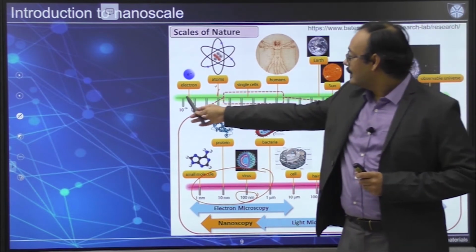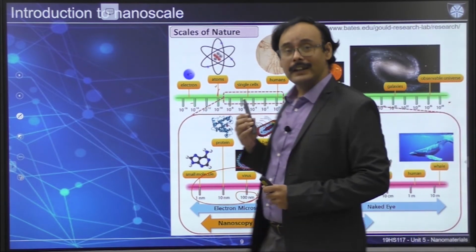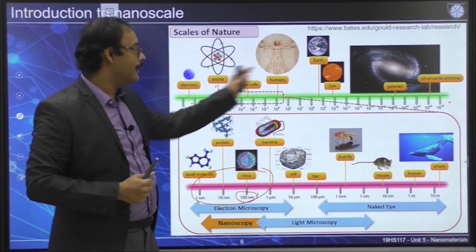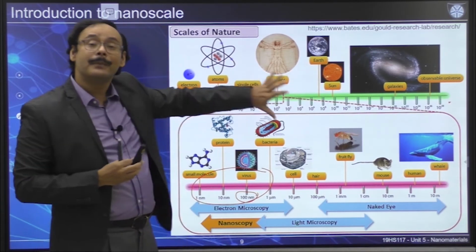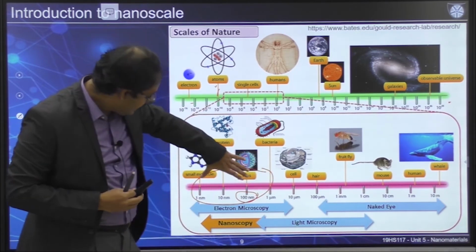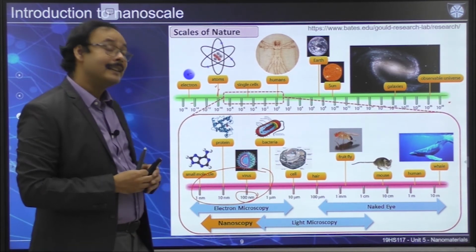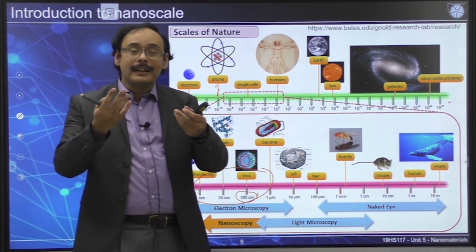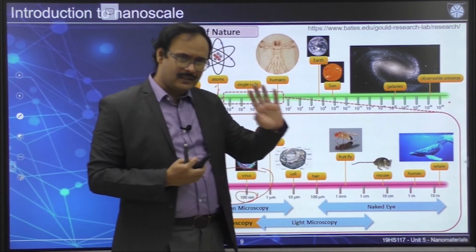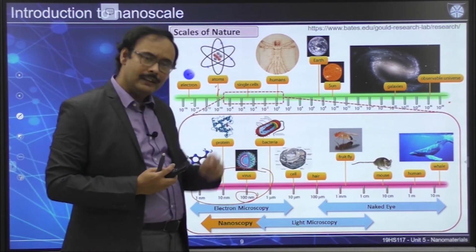Okay, so we start with the lowest possible scale and went to very high. However, while going into that, we identified the part which we are interested in. Not that we are not interested in the other things, but at least in the present context, as far as nanometer is concerned, we have identified only this much. Okay, so then how are we going to visualize, how can you see a nanomaterial? Our naked eye can pretty much, if your eyesight is very, very good, see about 100 micron, the thickness of your hair.